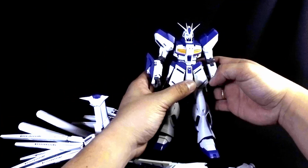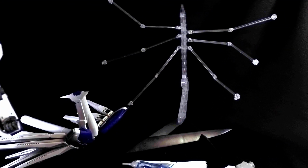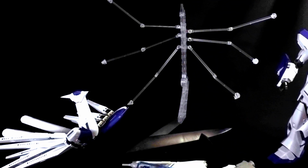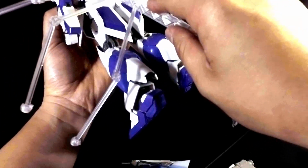And the last accessory that we have is this, the stand with all its contraptions. Also, part of the stand will act as a prop stick that we can just put in to the Hainu Gundam so it can stand with the backpack on if you just want standing poses for this guy. Anyway, let's attach the backpack. What you can do is to attach the piece right there, and then attach it into the Gundam like so